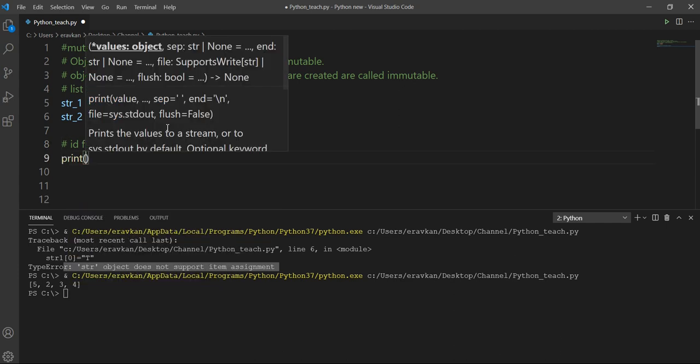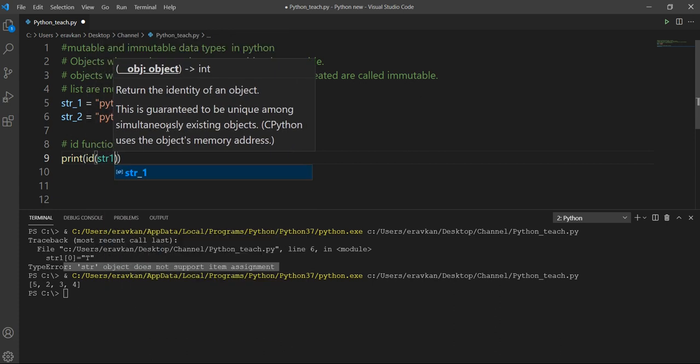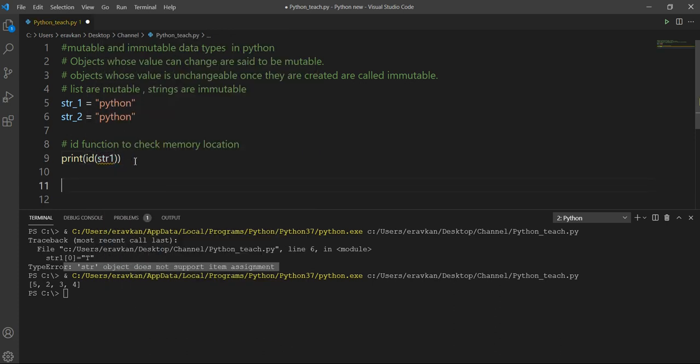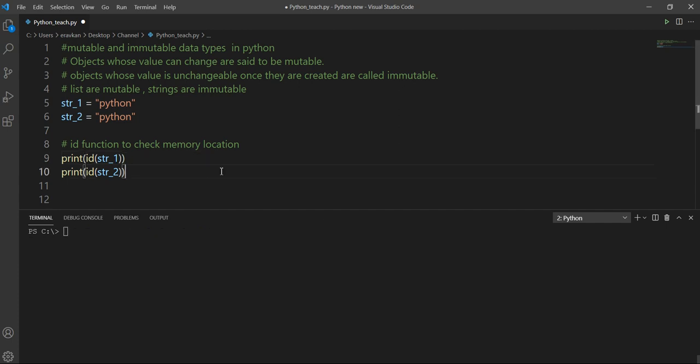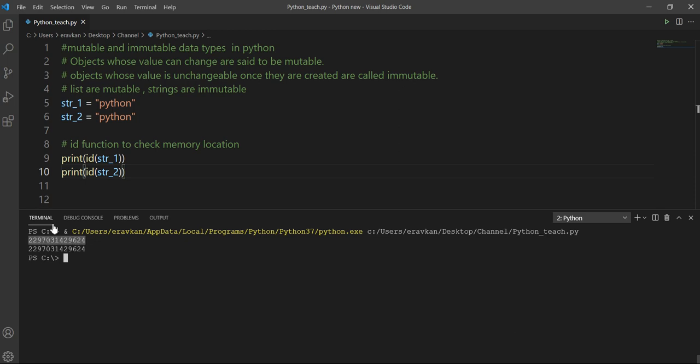So if I check the id of string_1 and the id of string_2, you see the same output is coming.